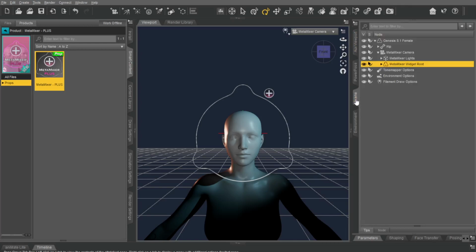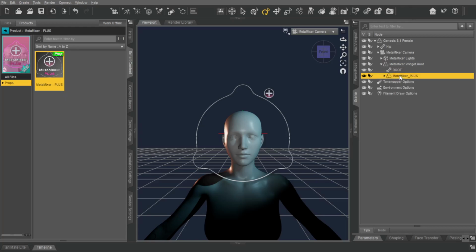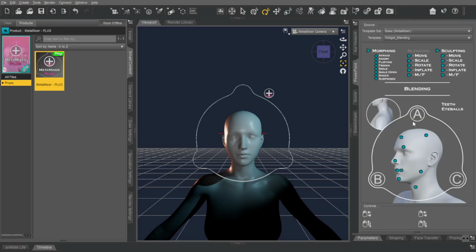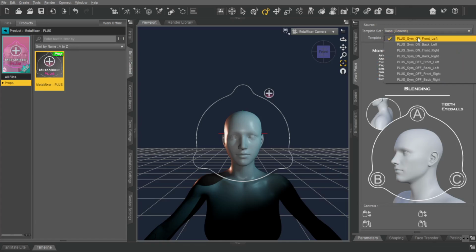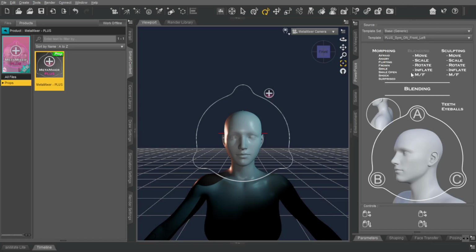And in order to get the new stuff, just go to Scene, click that Metamixer widget down, and click on Metamixer Plus. There it is. Now go back to your Power Pose. And now it's just going to template and select anything, just once off. And there we go. Now we're on Plus, okay? It just switches over to Plus. So all of these can be accessed directly from